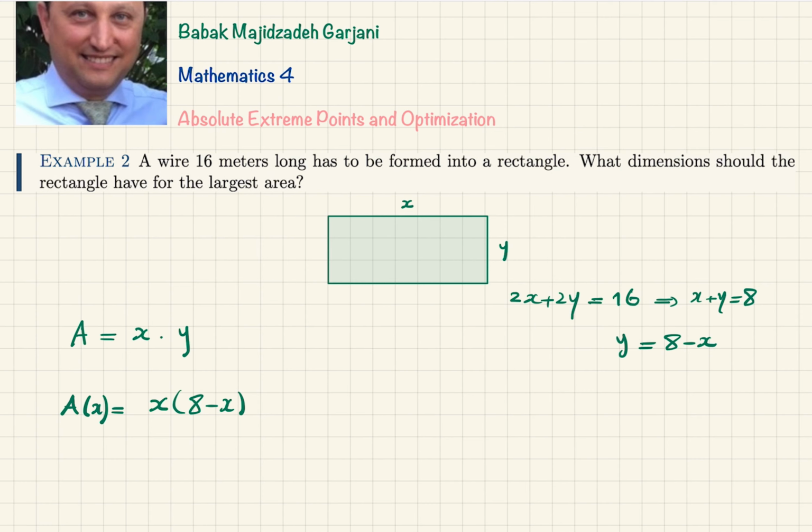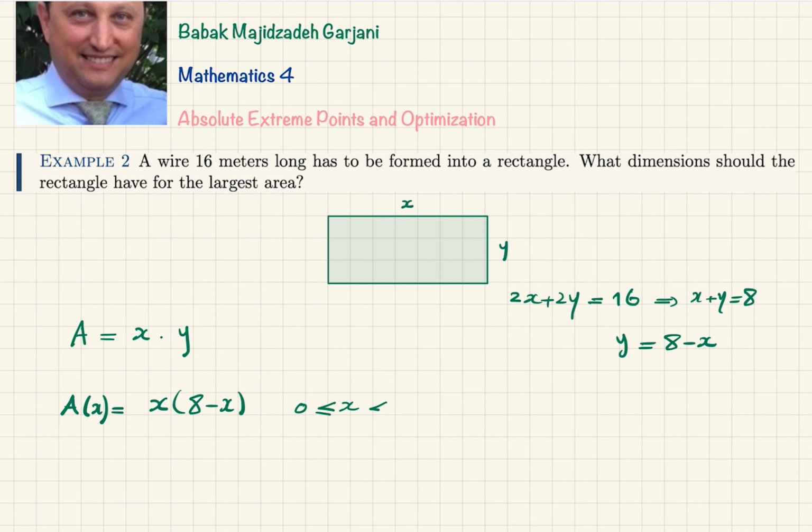No. It's not 16, because y should also be positive. Do you agree with me? Yes. So it should be 8, because if x is bigger than 8, then suddenly y becomes negative. So the interval is actually